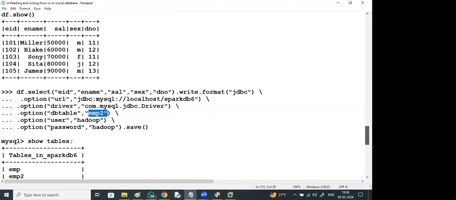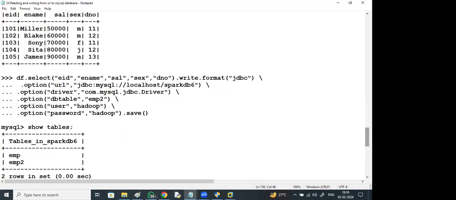Is it not possible to update the same table with the new records? First read the data from the database table. If I read the data from the database table using Spark or PySpark, directly without any Sqoop component, we can read from a database and create a data frame. After that, using data frame operations, you can modify, change, add, remove, all this, whatever you performed up to now, sorting and so on.